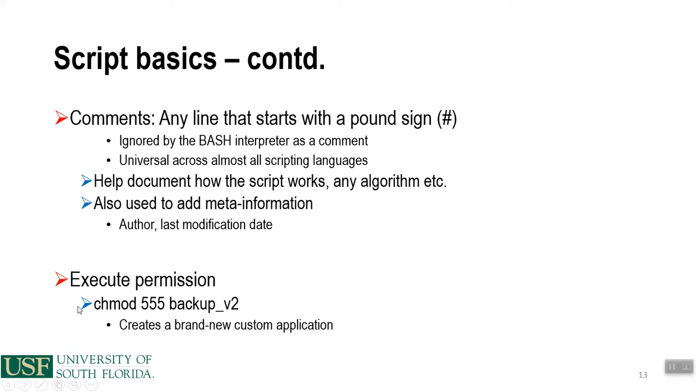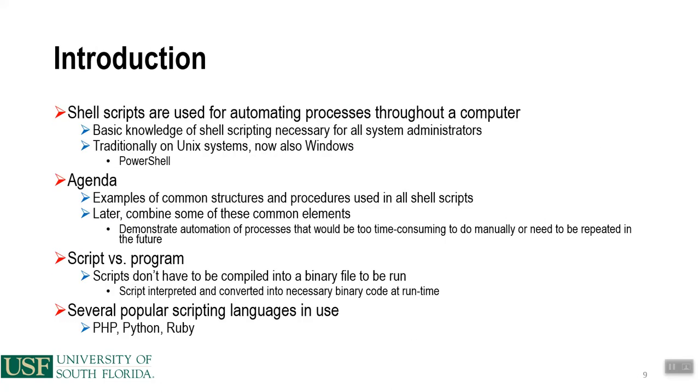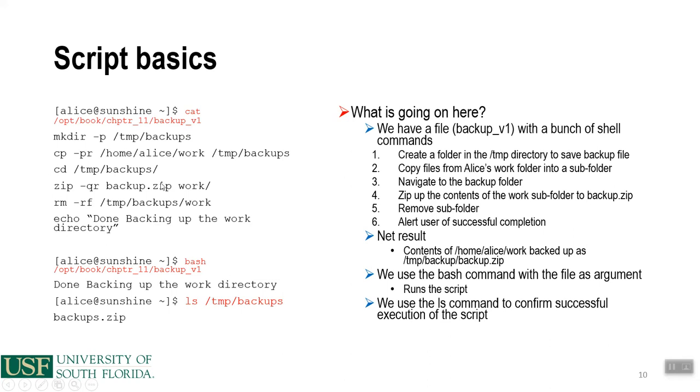I can also go ahead and set execute permissions on there. So chmod 555 backup v2, so this is going back to the actual command line, right? Creates a brand new custom application. So let's take a look at that script again. This was a script up here before, just a series of comments, right? And then we can type in bash and then that particular script, and it'll